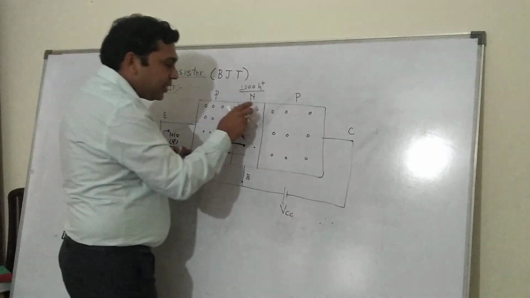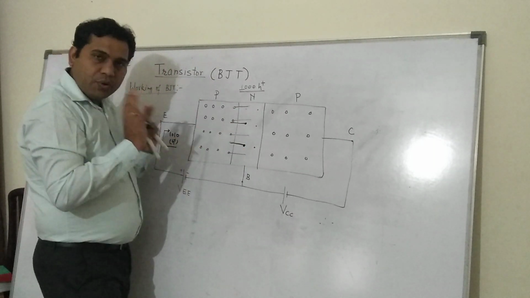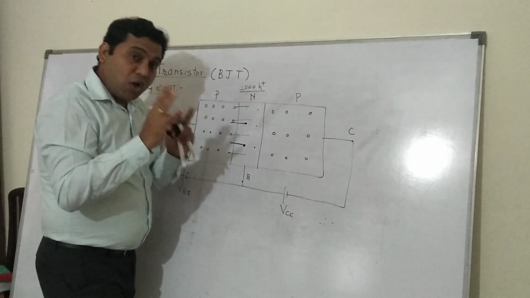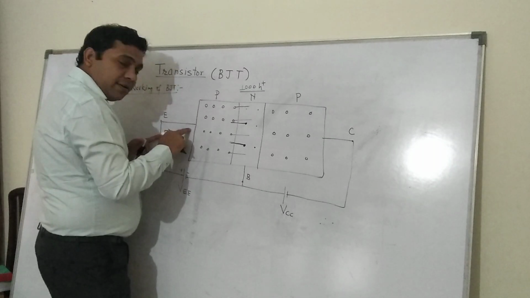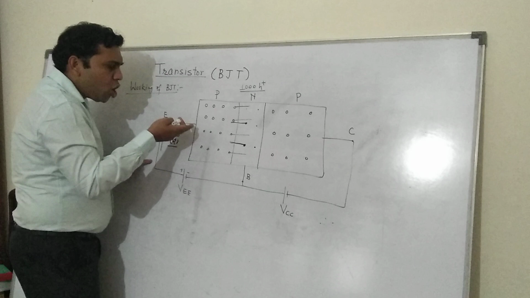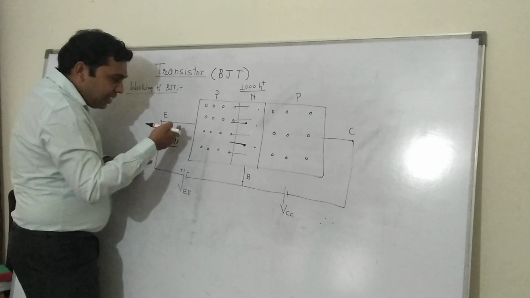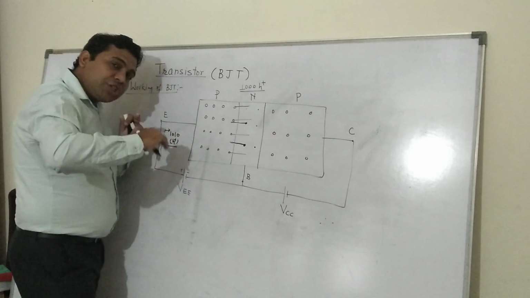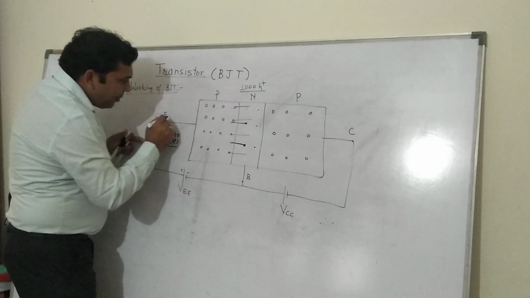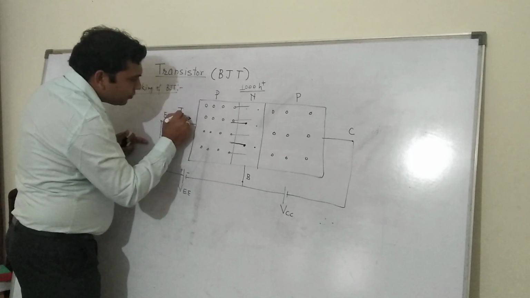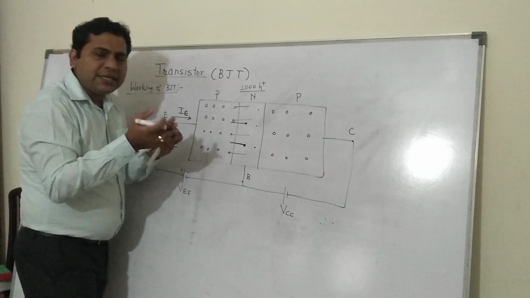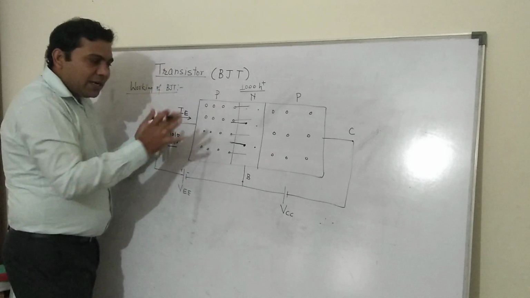Now what will happen in the base? This emitter part is clear. 1000 holes are going and 10 electrons are coming. Because of that, there is a current flowing through this emitter terminal, because the equivalent number of holes are coming or the electrons are going here. The current direction is always opposite to the electron direction, or in the same direction as the hole. So the emitter current will flow like this, and this will be equivalent to 1010. Okay, no problem. The emitter part is okay.